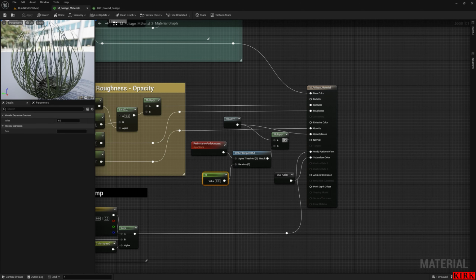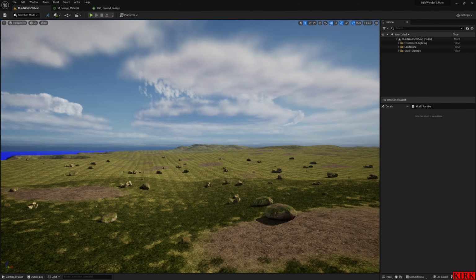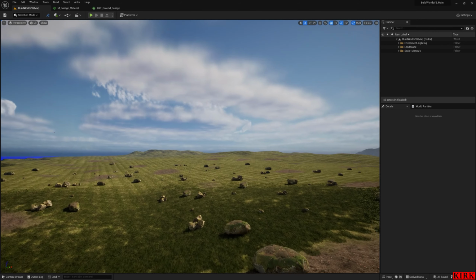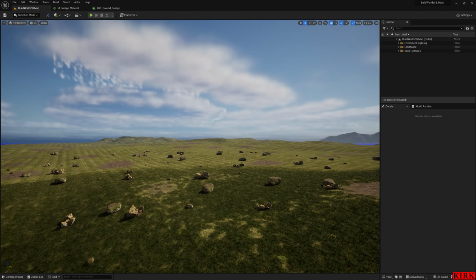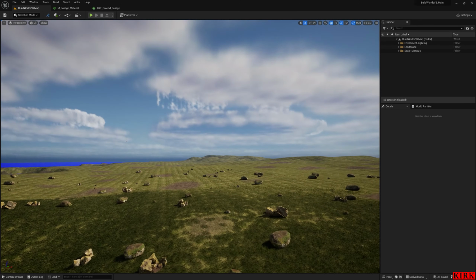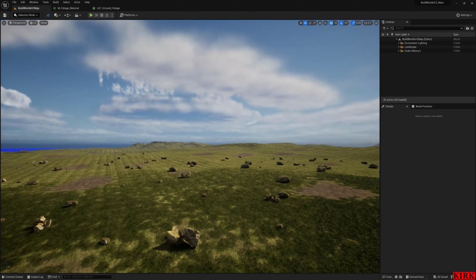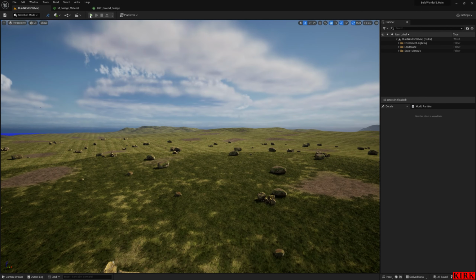And now with this bit of a setup, straight into the opacity mask, hit apply, save, back to our world, and you can see now how it's no longer popping in, and it's more of a fade. So if we hit play,